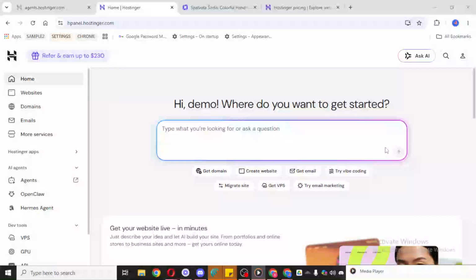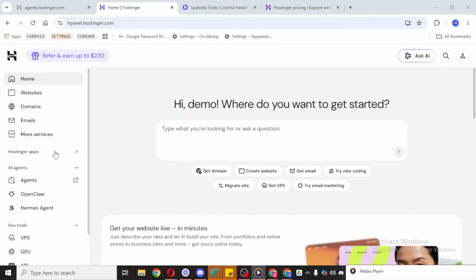In today's video, I'm going to teach you how to add a collaborator in Hostinger. If you need to give someone access to help manage your Hostinger account, the platform makes that process simple through its account sharing feature. This is useful when you're working with a team member, a developer, or anyone who needs limited access without using your personal login details. In this walkthrough, I'll show you exactly where to find the setting and how to send access properly.